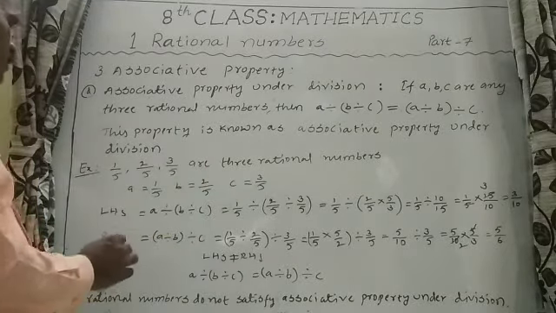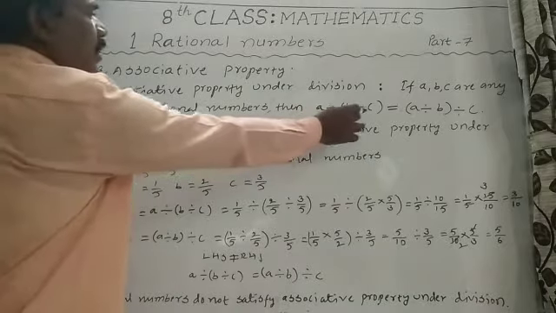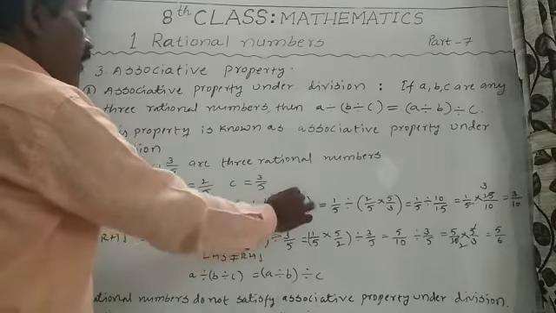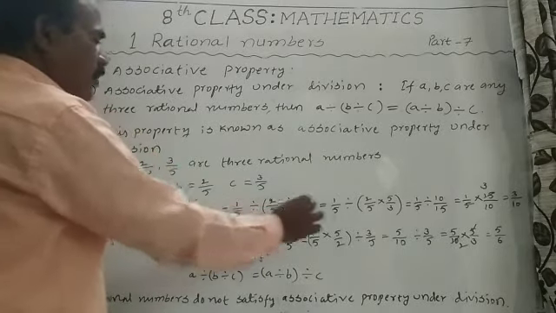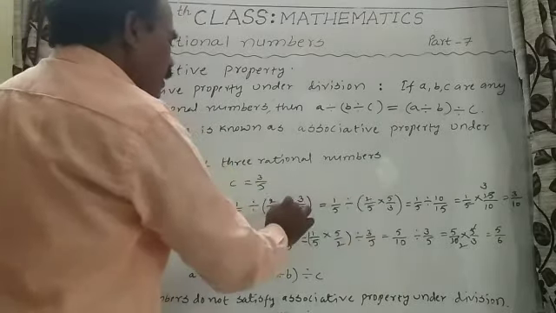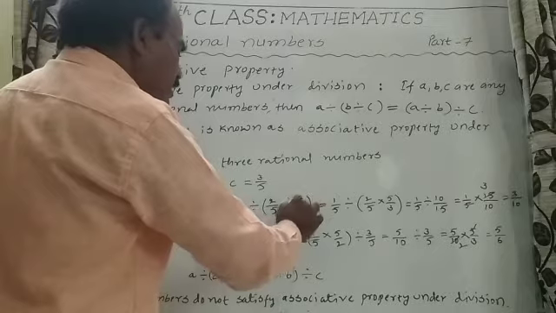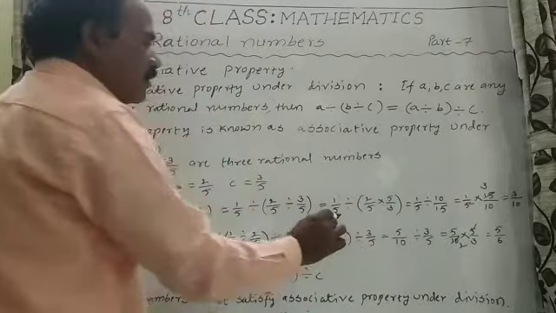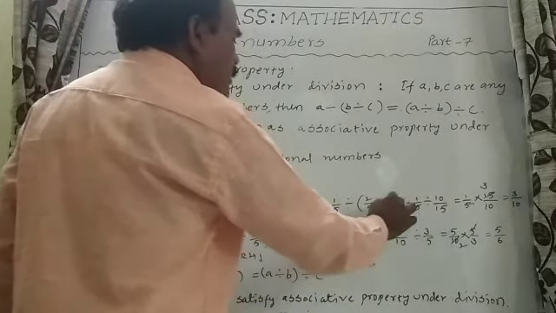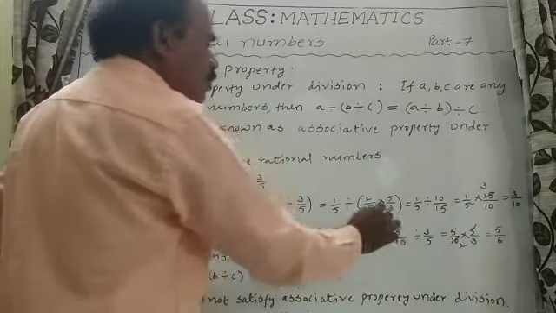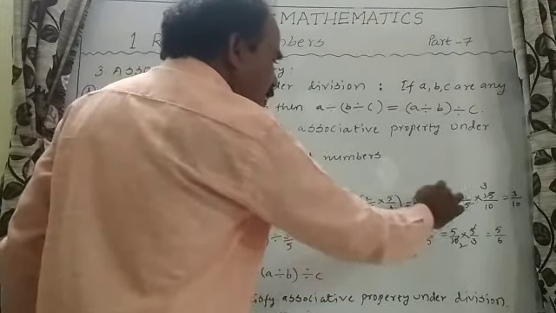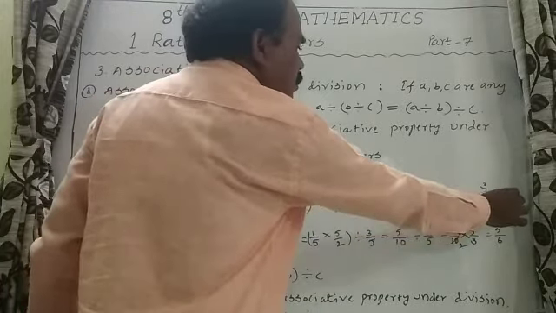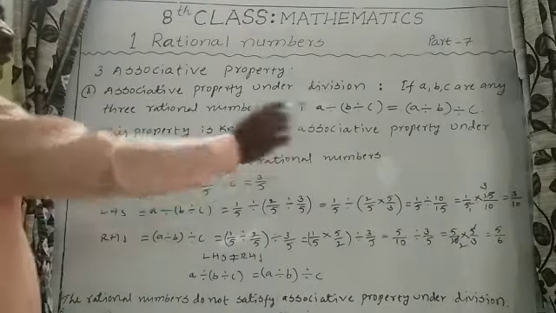LHS is equal to (a ÷ b) ÷ c is equal to (1/5 ÷ 2/5) ÷ 3/5. Take in the one bracket, 1/5 ÷ 2/5. Here division becomes multiplication. Take the second fraction's reciprocal, 5/2. That is 1/5 × 5/2, 1 into 5 is 5, 5 into 2 is 10, so 5/10, is equal to 1/2. Then divided by 3/5, take the reciprocal of the fraction, 5/3. 1/2 × 5/3...